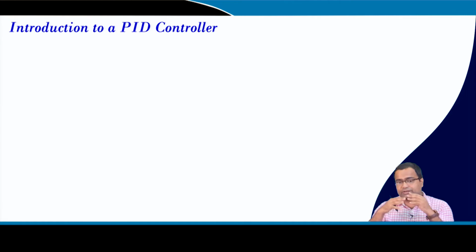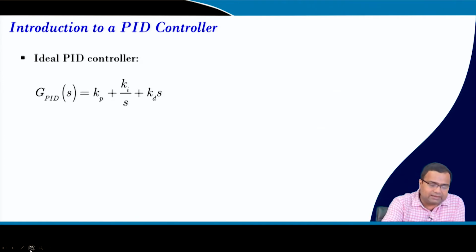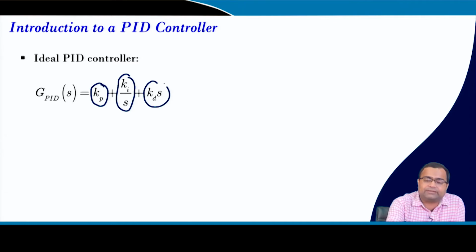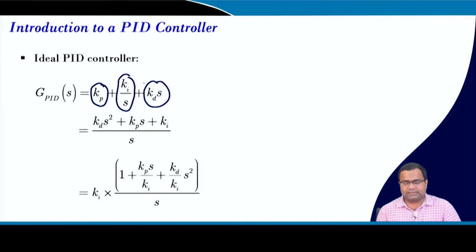So, first we want to revisit our PID controller, which we have already discussed in the previous lecture during the small signal design. In lecture number 34, we discussed PID controller tuning in a buck converter using the small signal model. If we take an ideal PID controller, it comes with a proportional controller gain. This is our proportional controller, this part is the integral controller and this is the derivative controller. But you can write it in a compact form in this way.